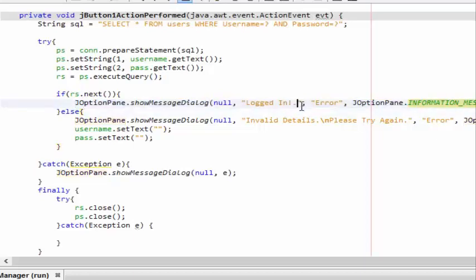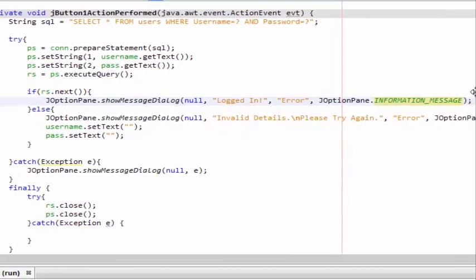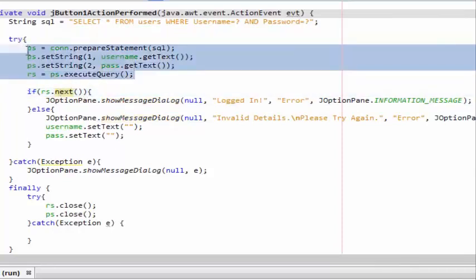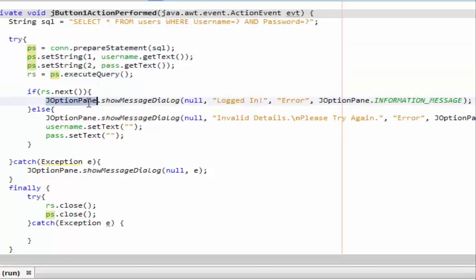So we say basically, okay, one minute, I'm just gonna move this right there. Okay, so we say if rs.next, right? Basically we're saying if all of this works out, if all of this works, well then we're gonna pop up a message and say, hey, you logged in, right? And that's pretty much it. Let me just do that. Okay,